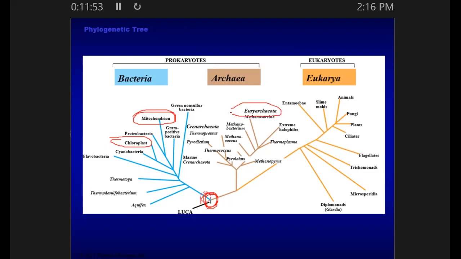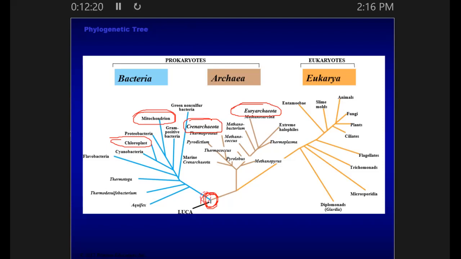Euryarchaeota, that word is a phylum name. And then Crenarchaeota, that's a phylum name. So right now, there's only 2 phyla of archaea that we know of. There used to be 3, and then with further sequencing, they said, no, there's really only 2. So I would like you to recognize those 2 words, please, and know that those are the phyla of archaea